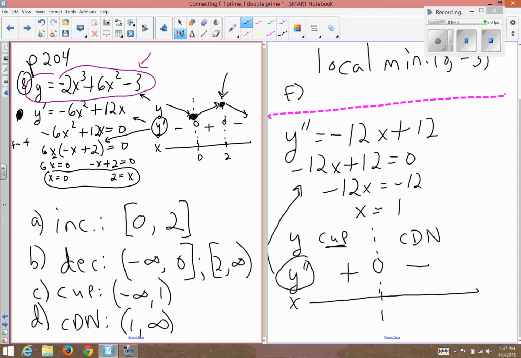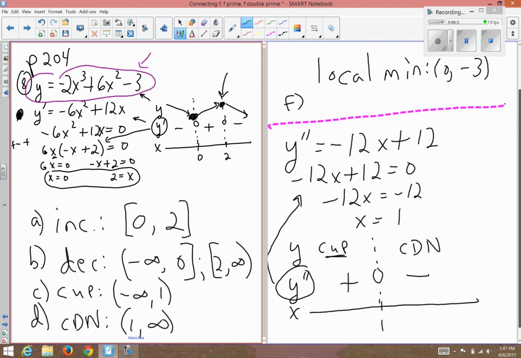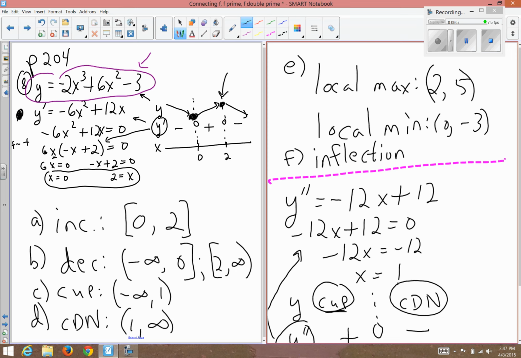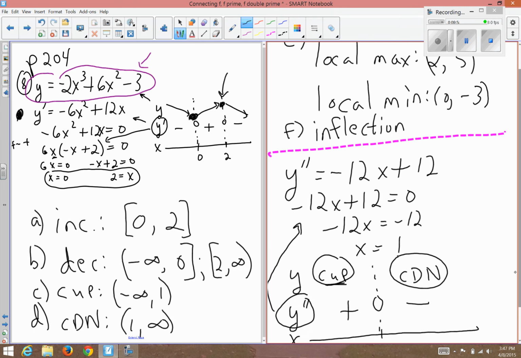And part F, so we have parts A, B, C, and D all answered. Part F says find any inflection points. An inflection point is a point where a graph changes concavity. If there's a change from concave up to concave down, or vice versa, concave down to concave up, we have an inflection point. So because there's changing concavity here,